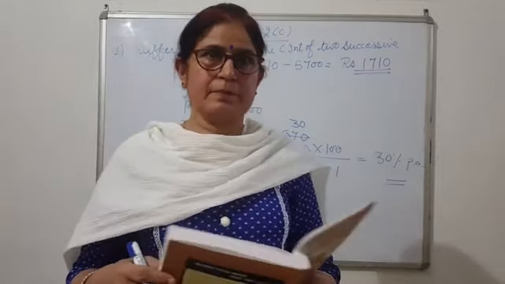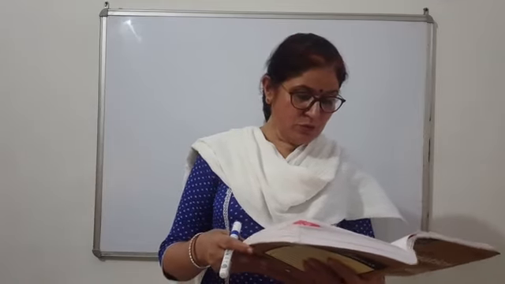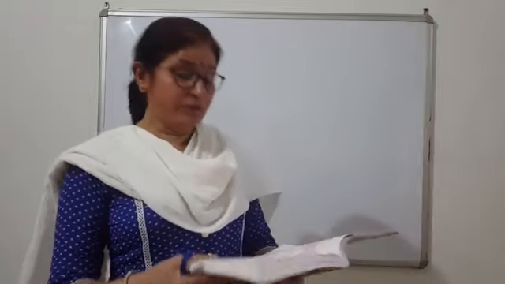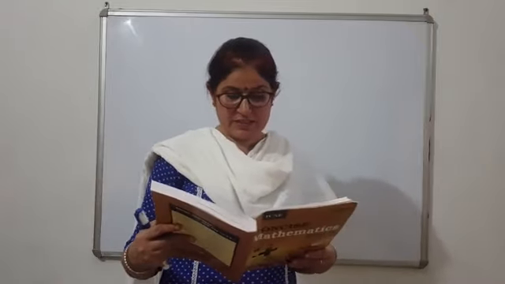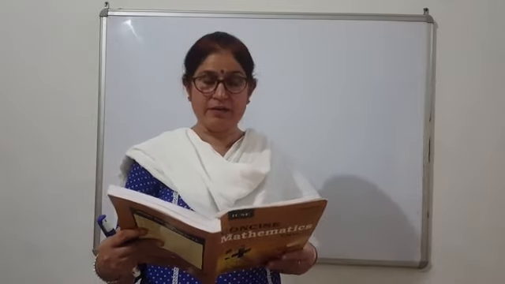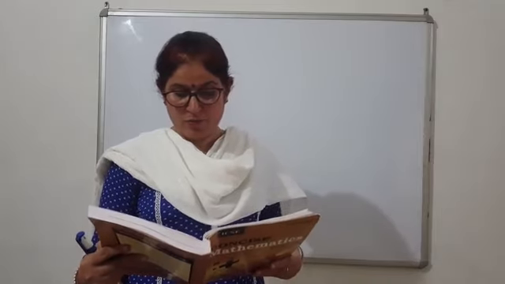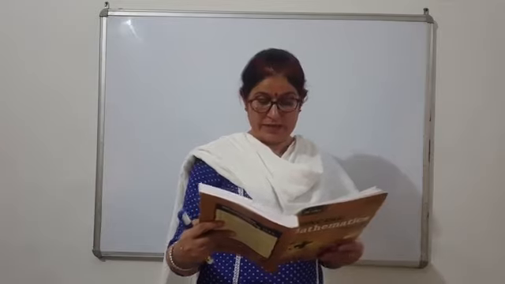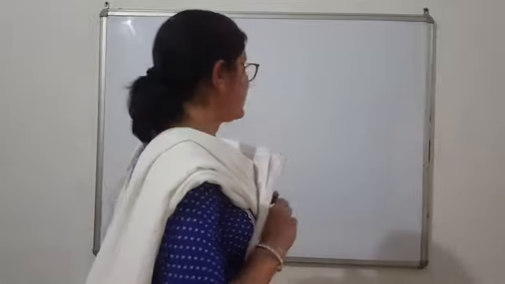Now we will do question number 5. In 5th question, Mohit invests rupees 8,000 for 3 years at a certain rate of interest compounded annually. At the end of the first year, the amount is 9,440 rupees, and you have to calculate here 3 parts. The first one, rate of interest, the second one, amount at the end of the second year, and the third part, the interest accrued in the third year. So what is given?